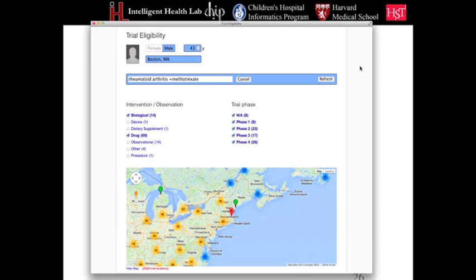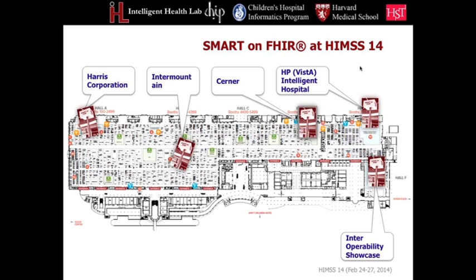And we found a very interesting thing happened just a couple months ago at HIMSS. HIMSS is the big electronic medical record HIT extravaganza every year. And we went down there knowing about our booth for SMART and another booth that we helped Cerner create because they became entranced by our success in the Boston Children's SMART app. But we actually found several other booths running our same apps on their systems that we didn't know about in advance, and that included the Harris Corporation, Intermountain, Brent James, Stan Huff, and those guys are actually using SMART in